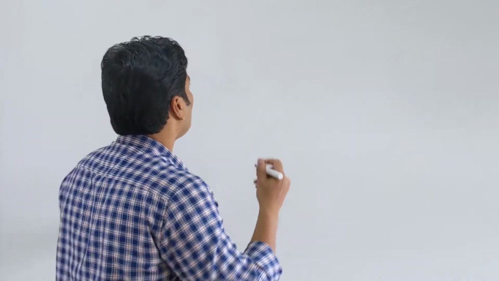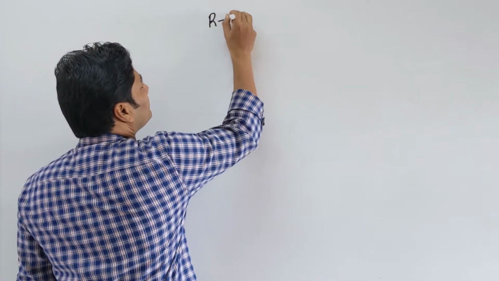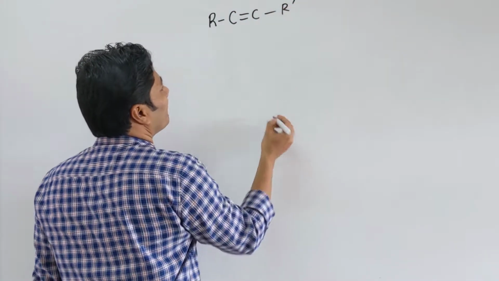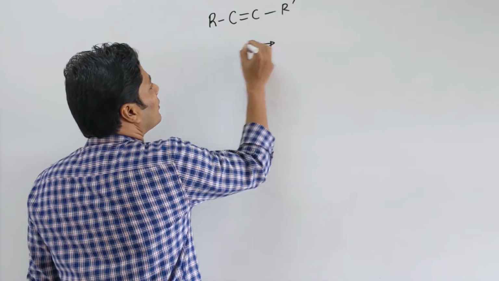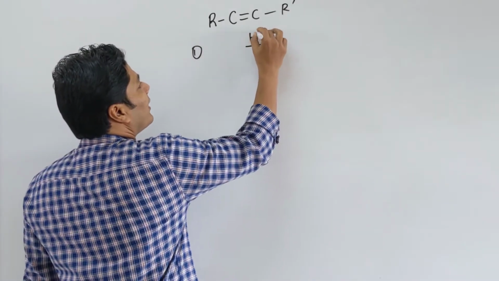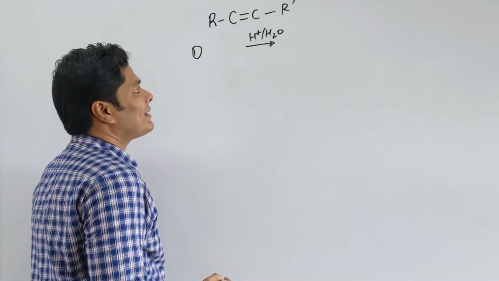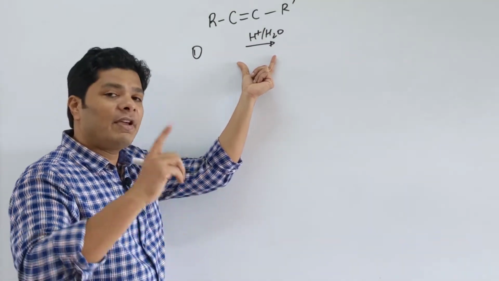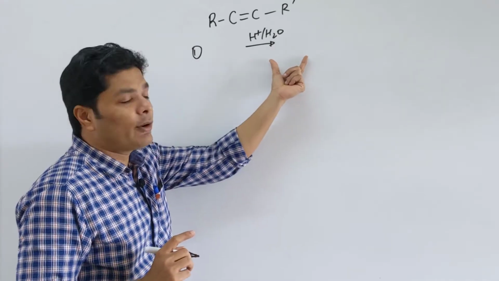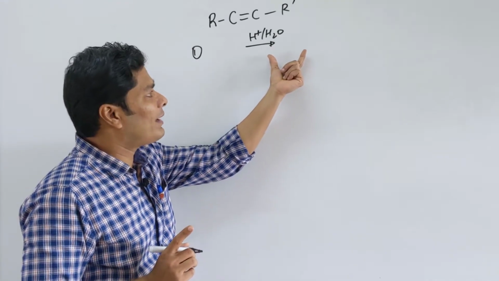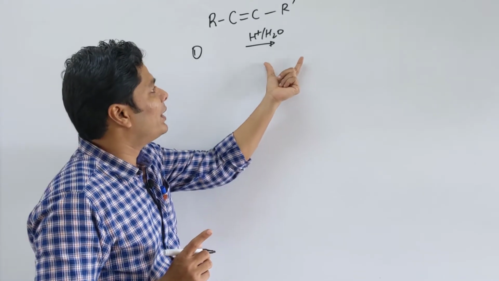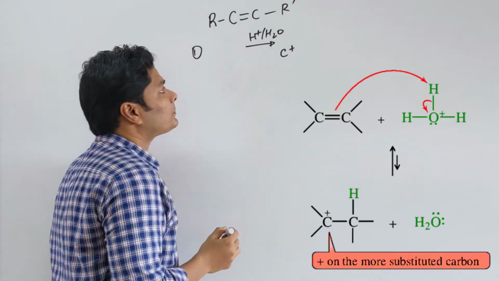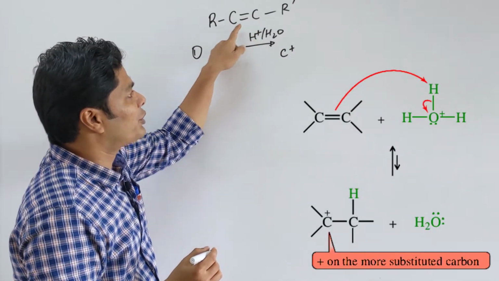First is you have an alkene, it could be, let's say, R prime. Our first reaction is we can add H plus, H2O, acid catalyzed hydration. So this is going to give you the corresponding alcohol. If you have not seen the hydrocarbon lecture, I advise you to go through there. I have also solved problems, but I'll just recap here. What all do we know here is this goes through a carbocation mechanism. First step is addition of H plus, formation of carbocation.